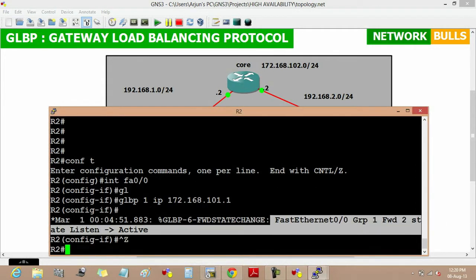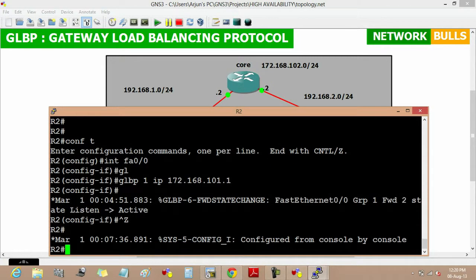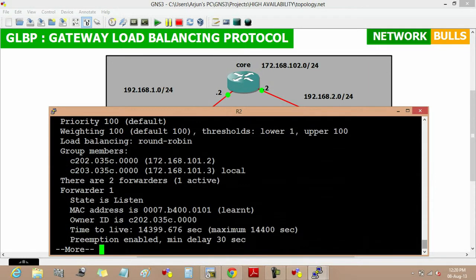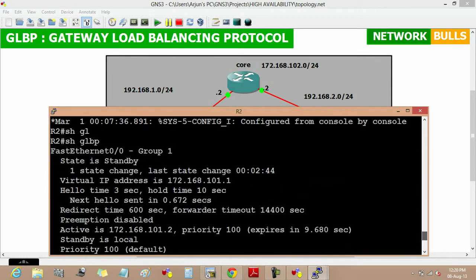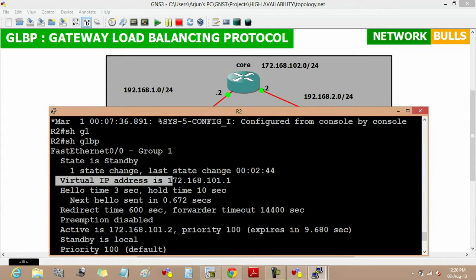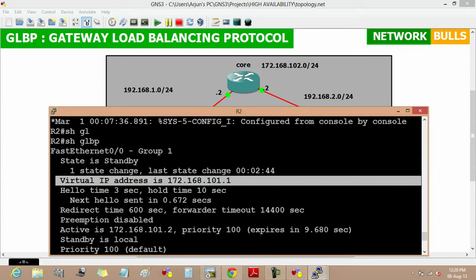Now to verify GLBP, we will use the command show glbp. Here we will see that for group 1 the state of this interface on router 2 is standby and the virtual IP address is 172.168.101.1.